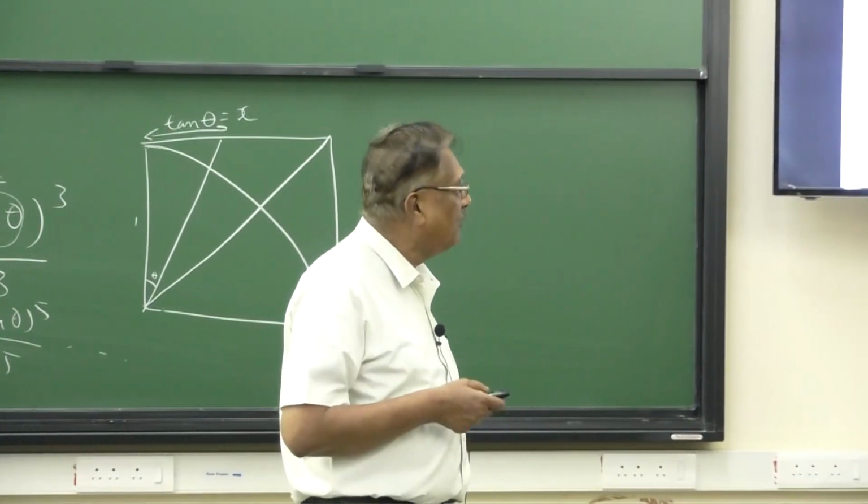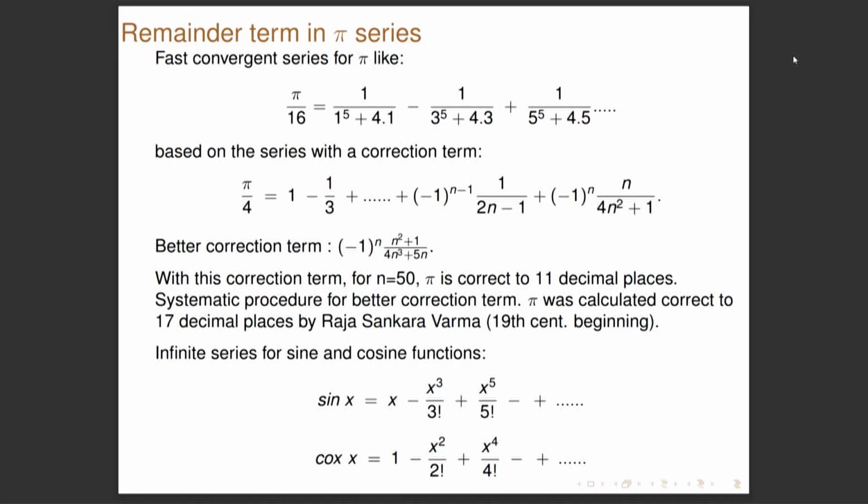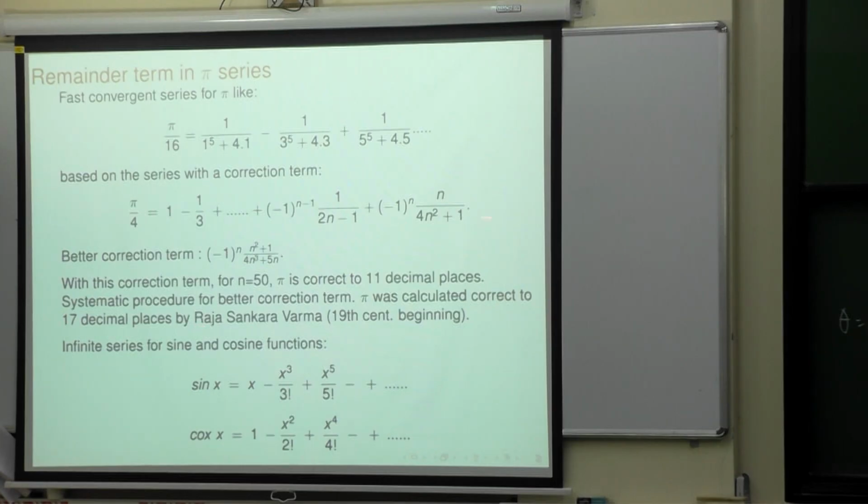So, the correction term, how to get it? That they have done. And using this, if you take n equal to 50, then pi is correct to 11 decimal places. And better things are available for this, and then pi was calculated correct to 17 decimal places by Raja Shankara Varma, beginning of the 19th century, Cochin, associated with the Cochin kingdom. And similarly, you have infinite series for sine